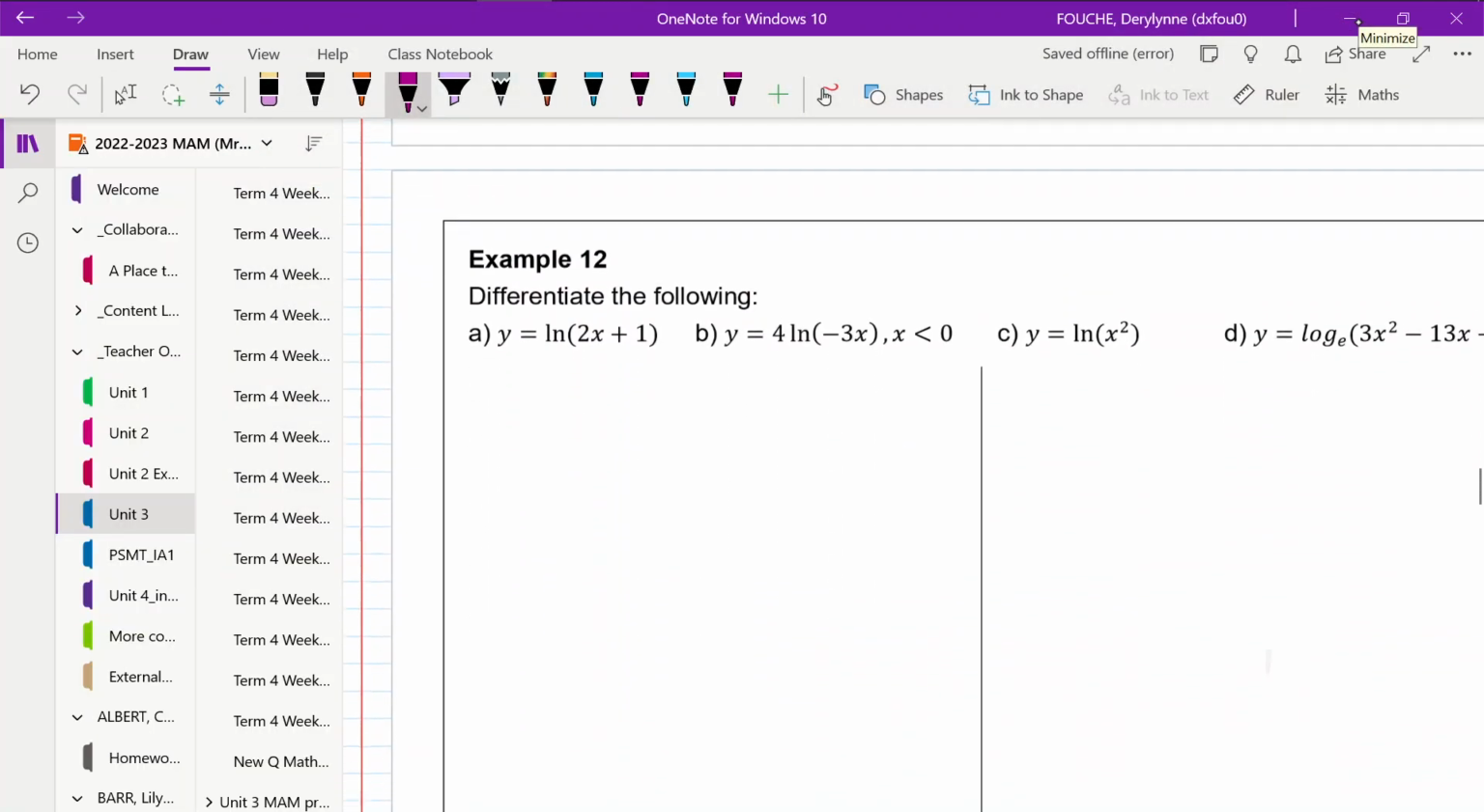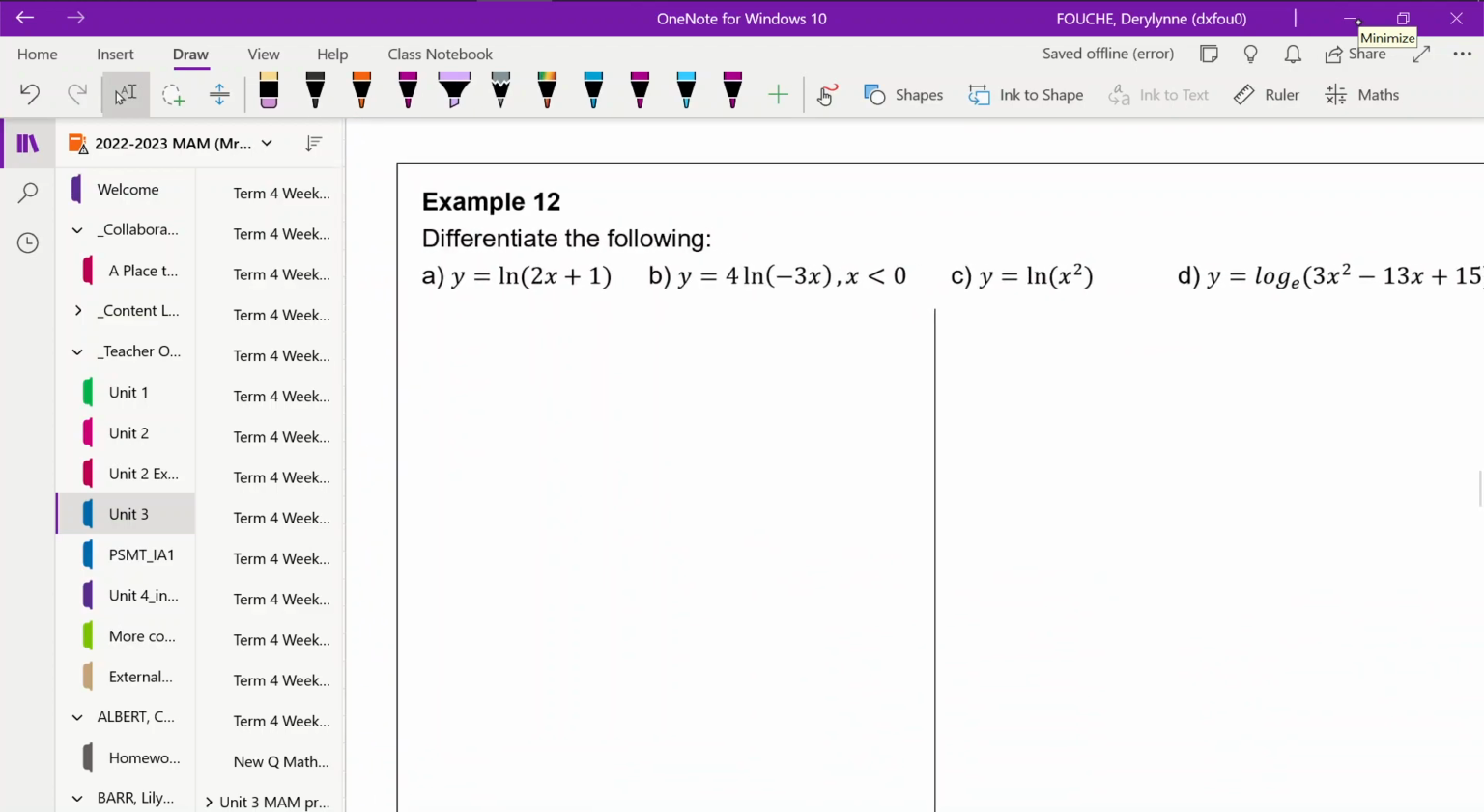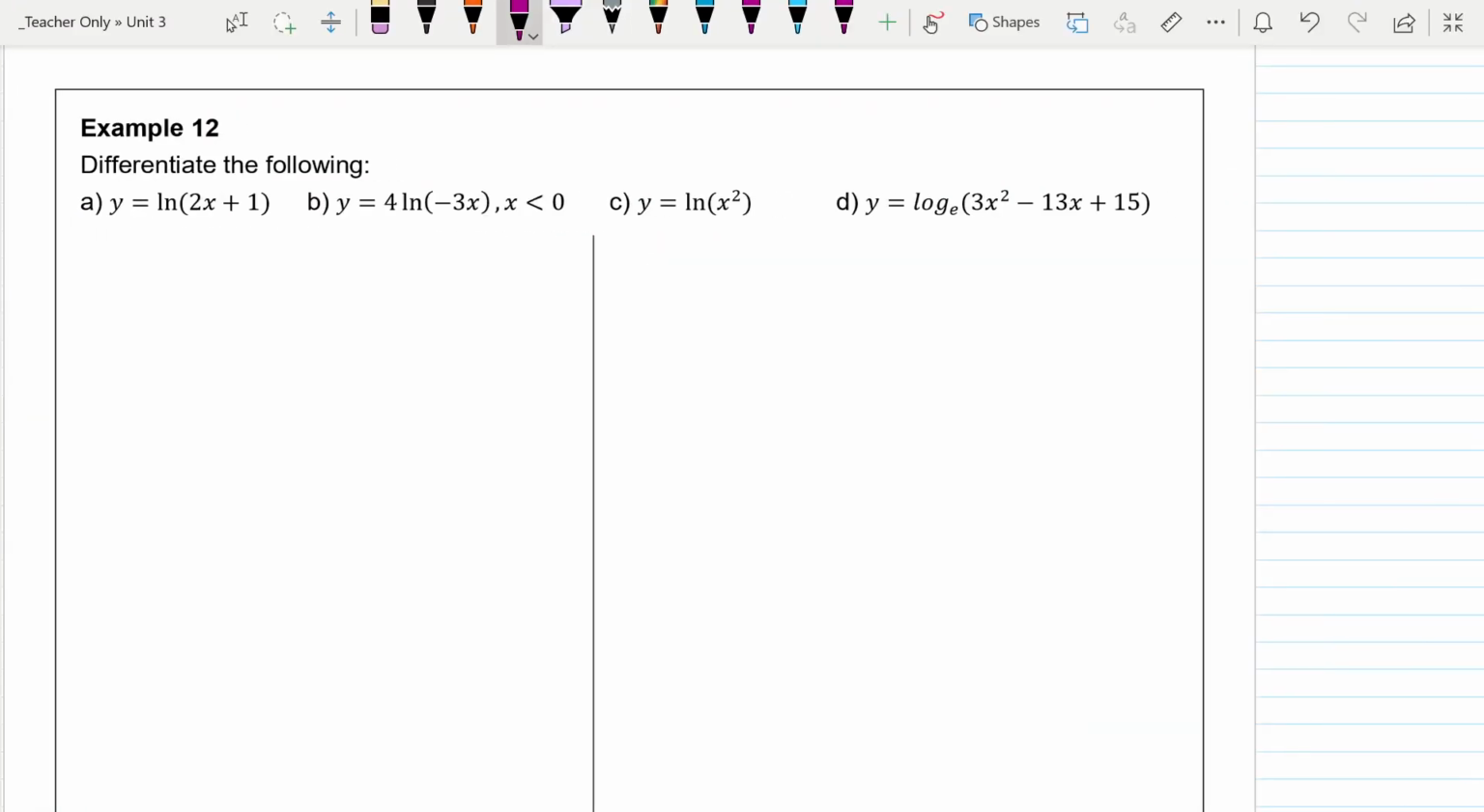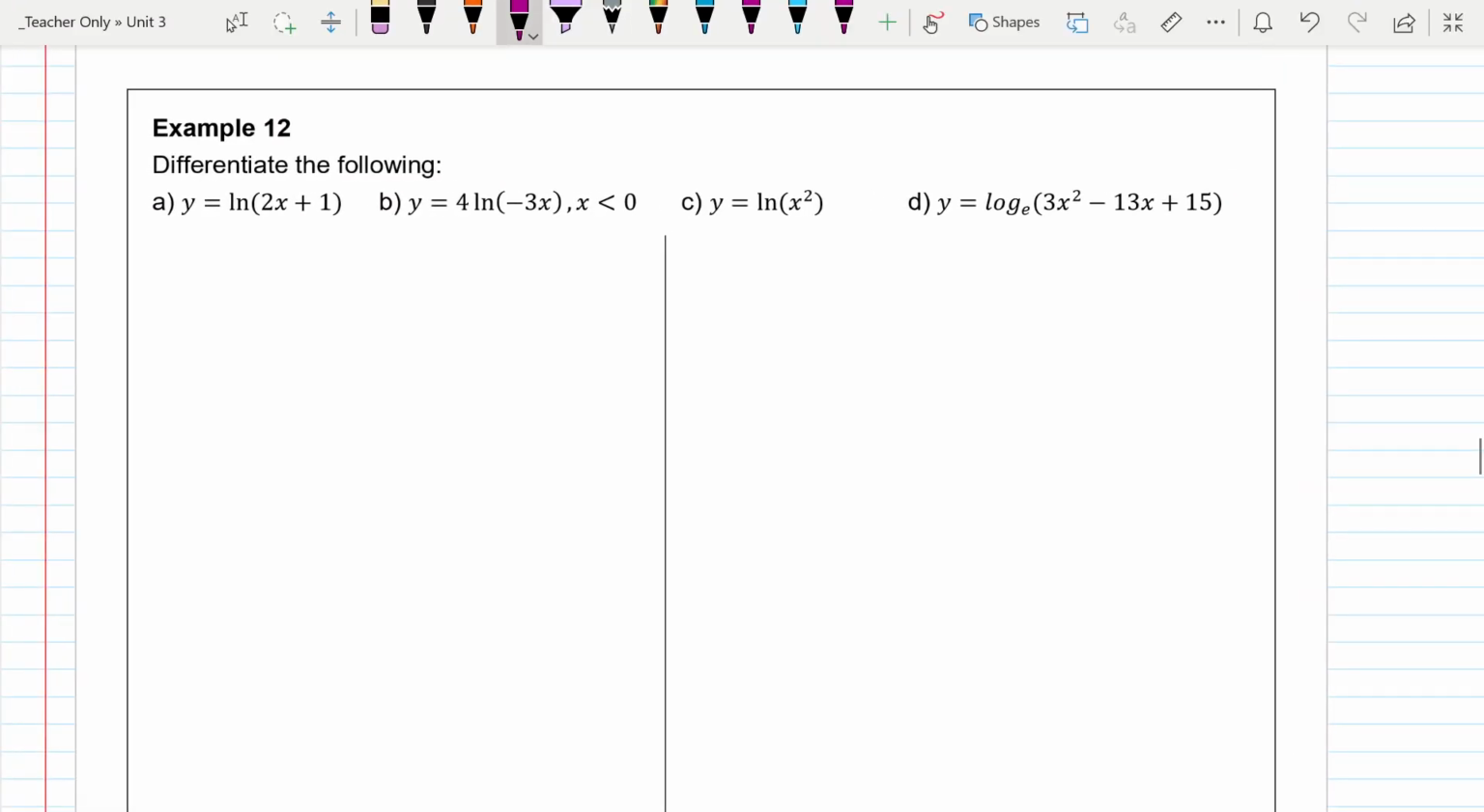Okay, let's have a look at a few more. As I said before, look for your log laws, but if you can't use the log laws, just use your chain rule and what you know about your logs. Alright, so we have our first one, y equals ln of